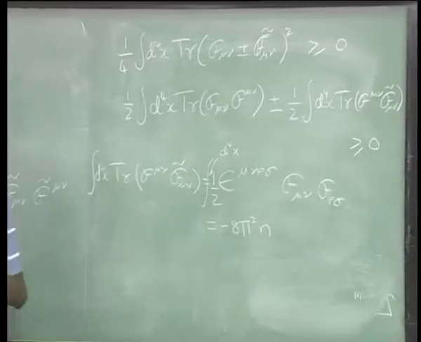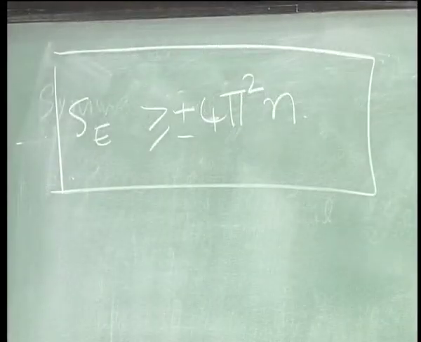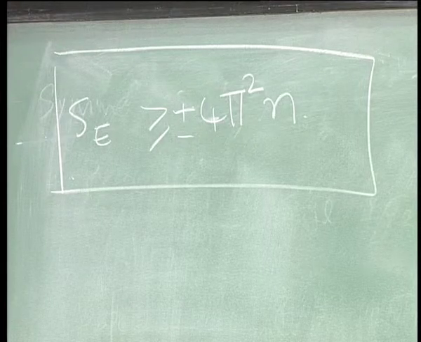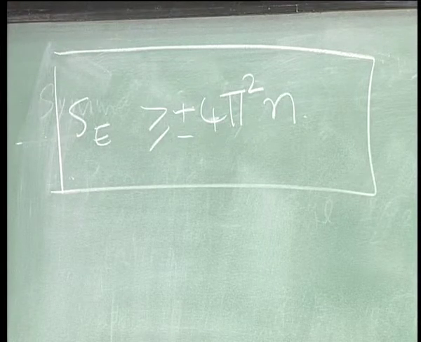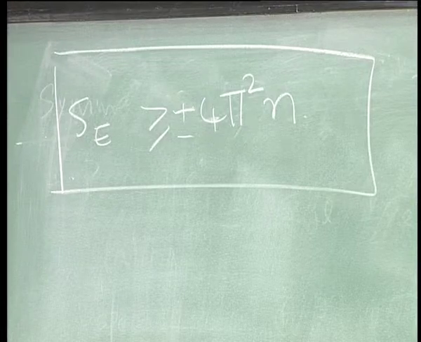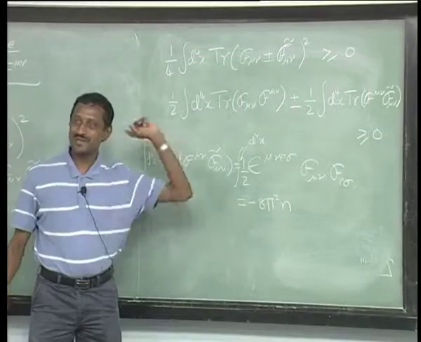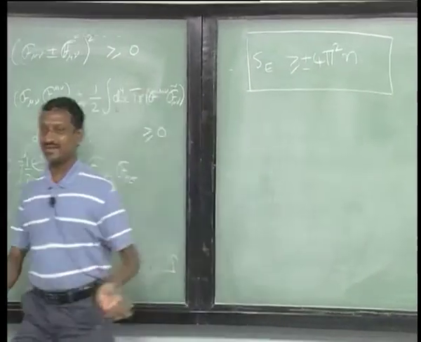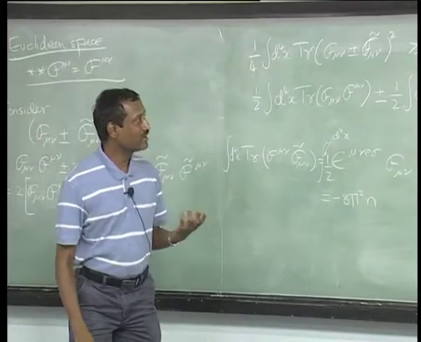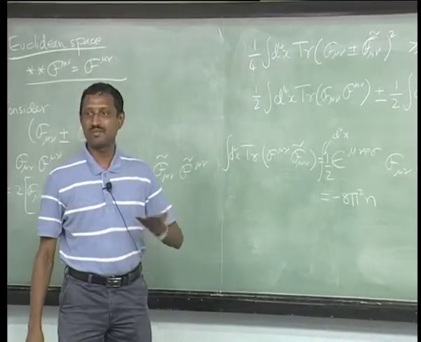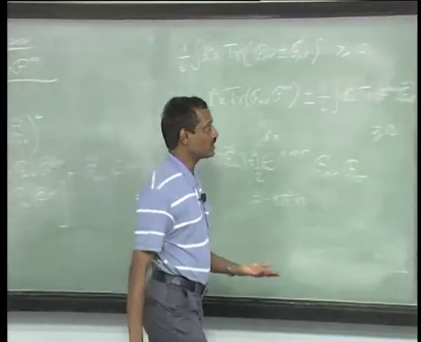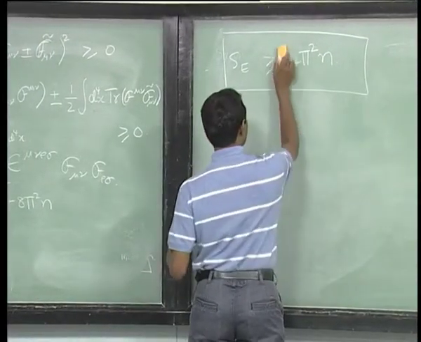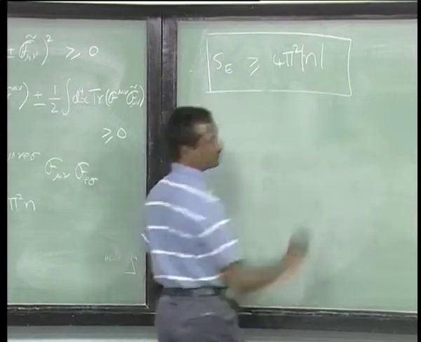Because there is a half, a further half out there, okay. Hopefully there are no errors, so at least it is self consistent. I am not saying this is the correct answer, assuming my 16 pi square was correct, okay. But the point here is not that. The point here is that you can see that the Euclidean action is bounded from below, okay. So this implies that we can replace it by mod n,